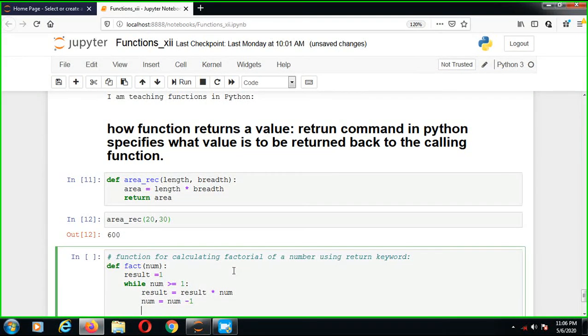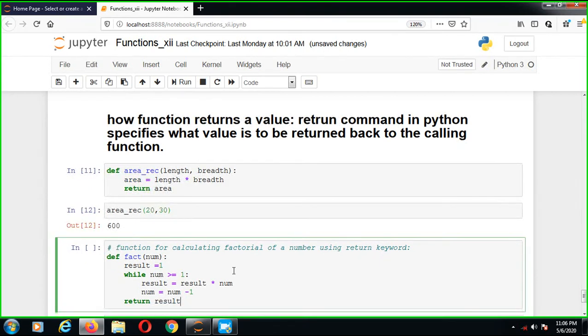That means the return keyword is here, return result. Now we use a for loop: for i in range of 1 to 7.